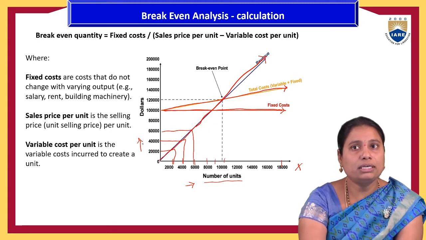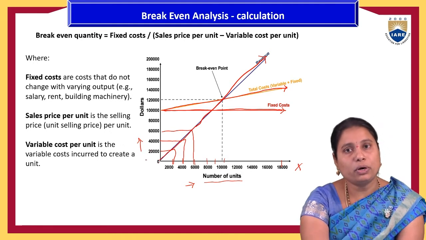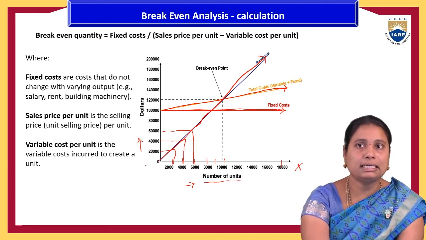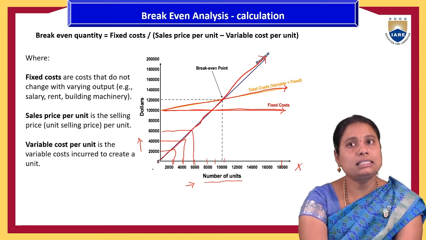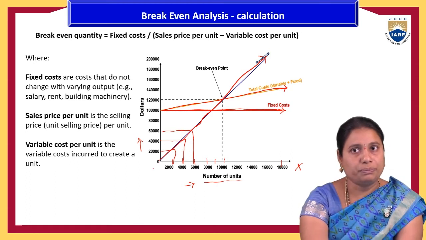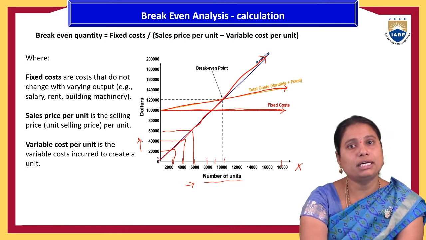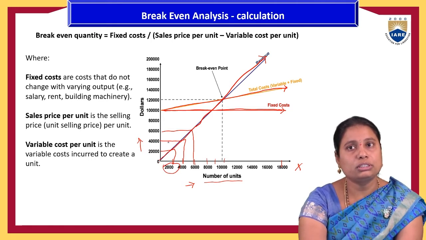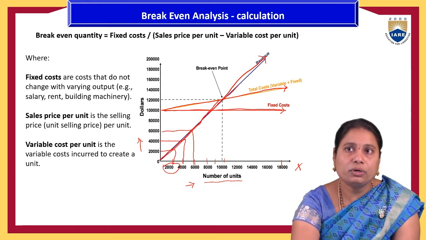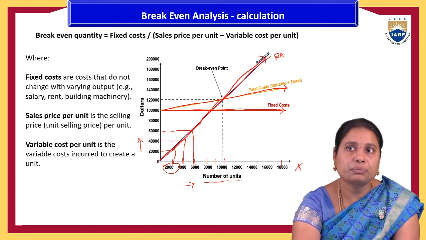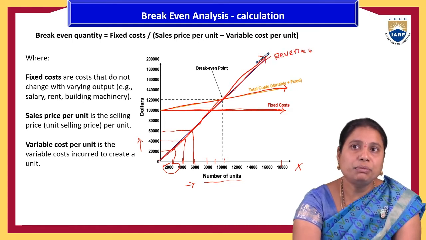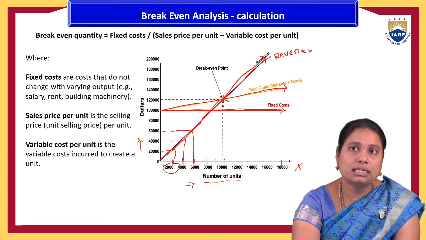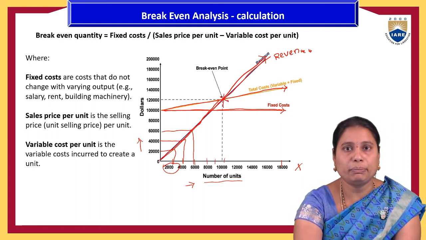After the production, the producer fixes a price and sells those units, and they see the revenue generated. So if the revenue generated with that particular product for 2,000 units is 20,000, and for 4,000 units 40,000, the same revenue which they are incurring will be plotted with the help of the revenue line. The meeting of this revenue line and the total cost line will